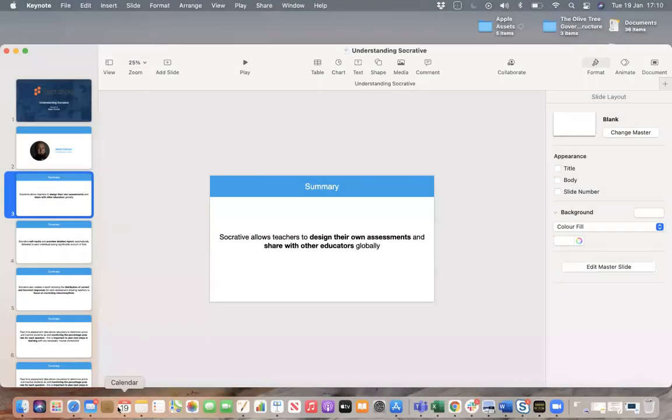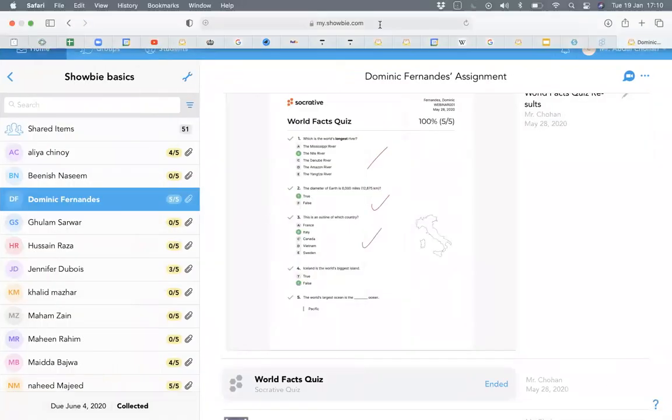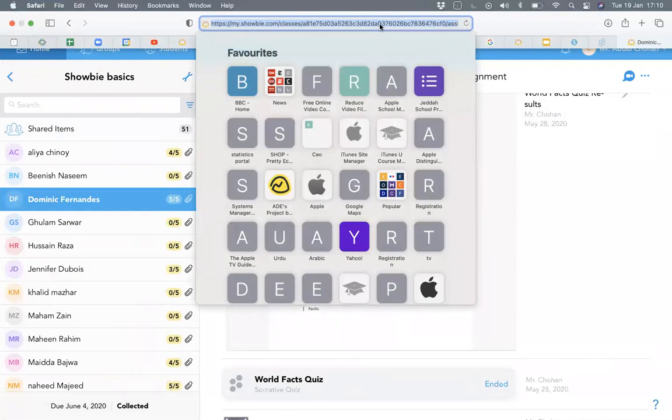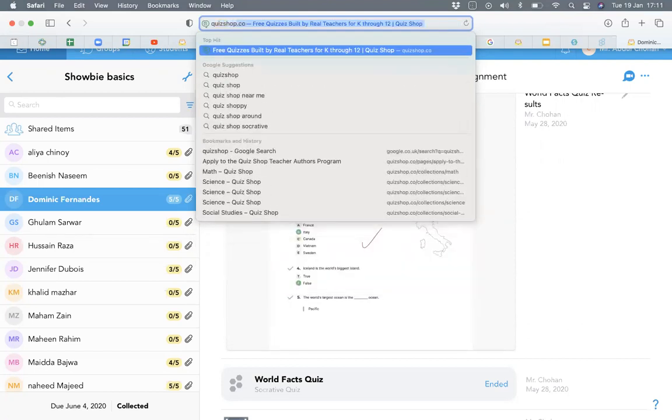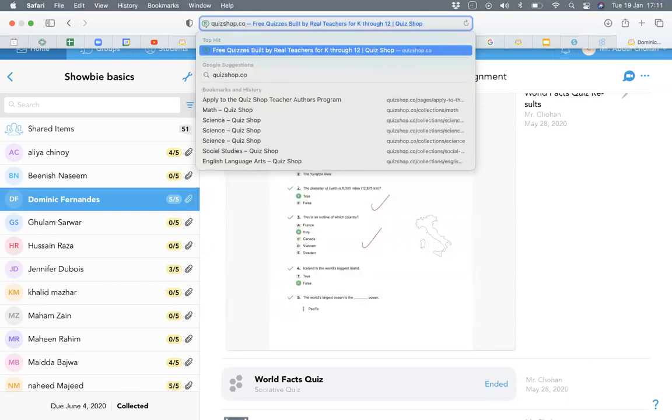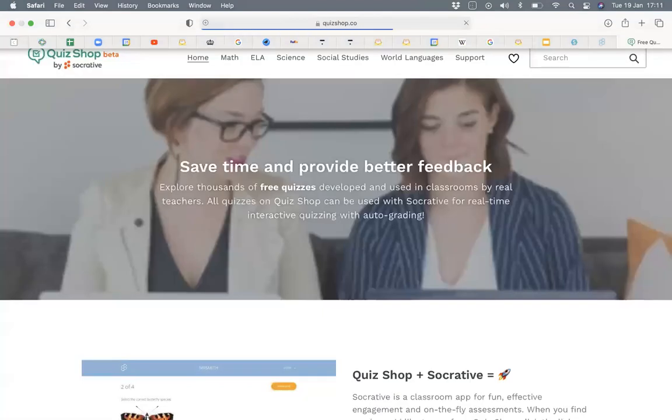Oh, by the way, I didn't answer Vicky's question earlier on. There is a website. If you're a Showbie user, or you are a Socrative user, or you think I'm definitely going to get Socrative, then you need to make a note of this website. So if I just do quizshop.co, right? Quizshop.co. It's not .co.uk, it's not www, it's just quizshop.co, and you hit the return key, it will take you